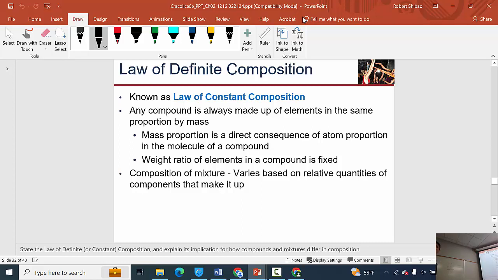Water is always H2O, and hydrogen peroxide is always H2O2. And then I asked, is it possible to have H2O 1.5? I don't know if anybody wrote that down or not, but do you recall that? I asked H2O 1.5 or maybe H2O 0.5. And then, no, those aren't possible because that would violate the law of